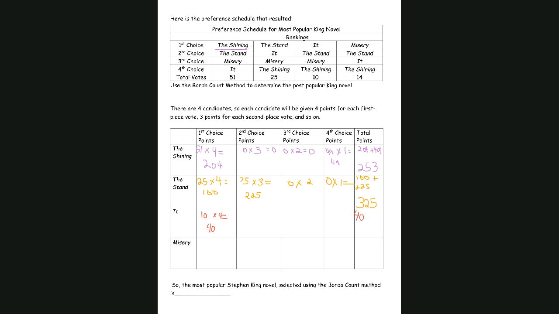So 40 plus, it was considered second choice by 25 voters. So 25 times 3 is 75, so 40 plus 75, plus